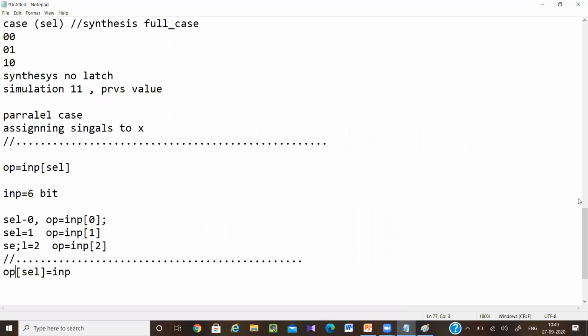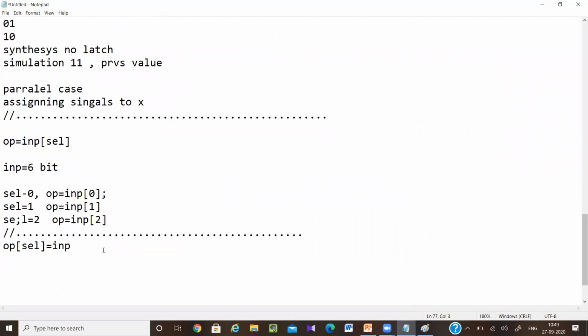Ma'am, or we use left shift operator. Yeah, shift operator. If I am simply writing output is equal to 1, left shift by input, so first output value will be 0001, then it will be 0010, then it will be 0100, then it will be 1000, like this, right? So write one line code for decoder, it is like this.